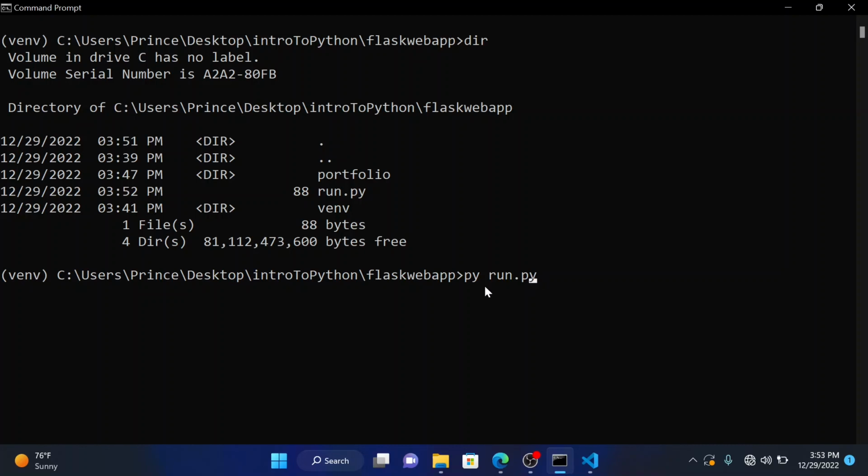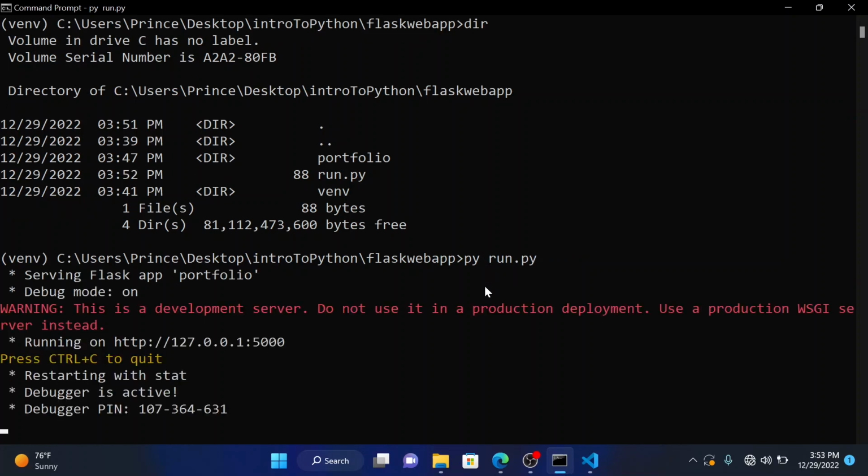If you're on a MacBook or a Linux machine, say python3, right? So yeah, this is for Windows users. Say py and then run.py and then press enter. It's going to start our development server running on localhost. In web development, we call this a link. If you see localhost in web development,